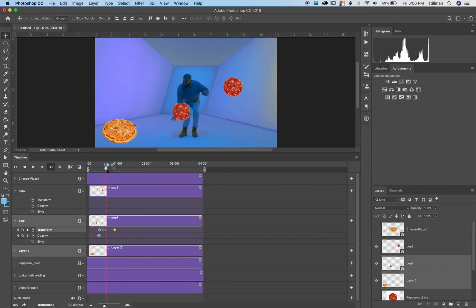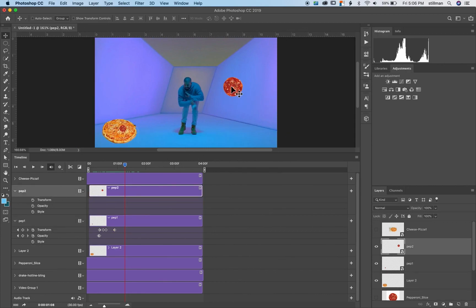Right, so I'm going to say, okay, it comes there. Now I'm going to find the next spot where he comes in, right there. So I'm going to move, whoops. I'm going to make sure I'm on the right pepperoni layer. I'm going to just move it into place, hit the transform and the opacity. Move the scrubber back one frame, make the opacity 0 so it's not showing up before. Then when he goes back to reach, it shows up. And then again, I have the transform engaged. So once he starts moving his hand down,